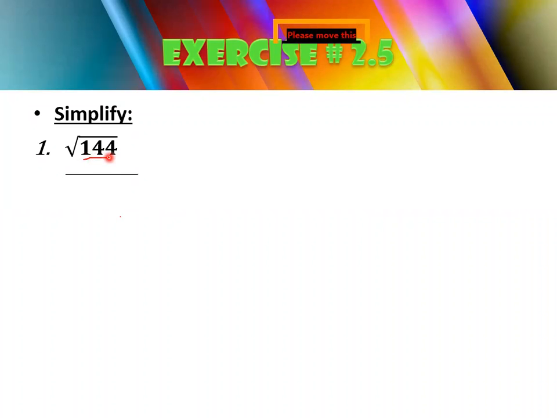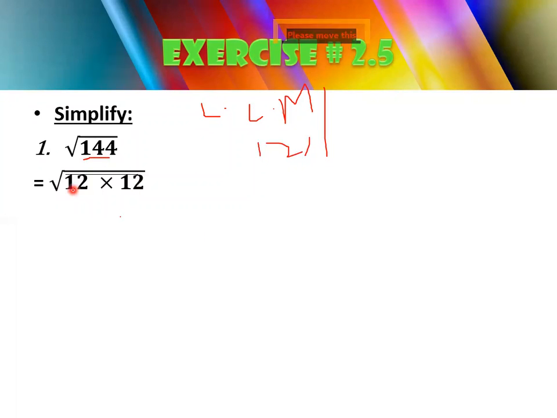If you remember class 7's concept, you have to break this radicand into its factors. So how will you break it into its factors? There are two methods. Either you will take the LCM, or you can check if it is a perfect square, so no need to break it into factors. As you can see, 144 is basically the perfect square of 12. If you multiply 12 by 12, you will get 144. So you will break this 144 into factors, 12 multiplied by 12.